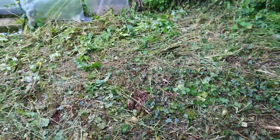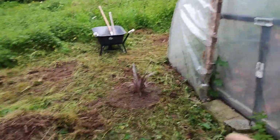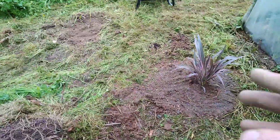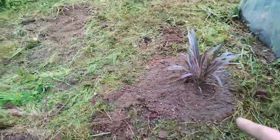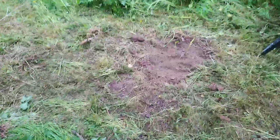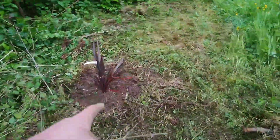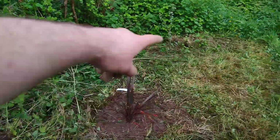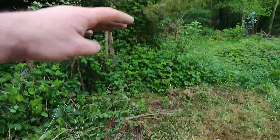So as you come around between the bamboo, this bamboo is actually probably going to spread out to push through between the bamboo and the pine. And up here you have the phormium here. It's going to be in a nice sunny spot here. Lots of gravel dug in with it. And then if you go down to the left, I have the tenax here, and I'm going to give this a huge amount of space. The tenax purpurea gets to about 6-7 feet tall, so that's going to be up here. That's going to fill out this whole area,